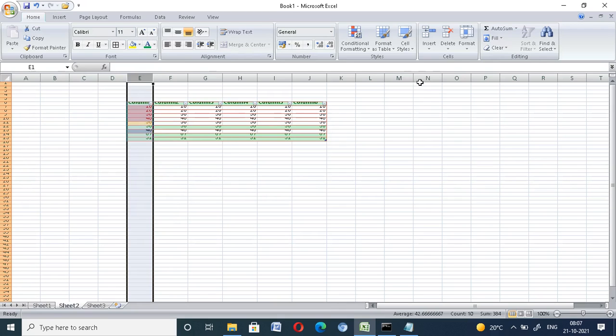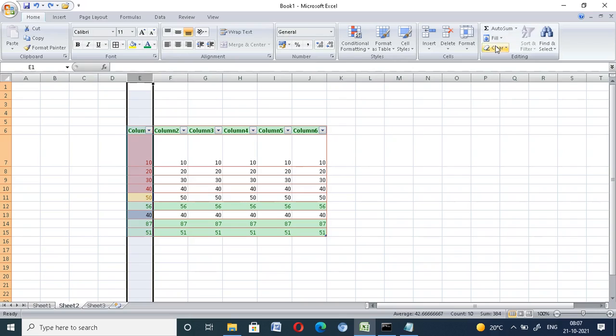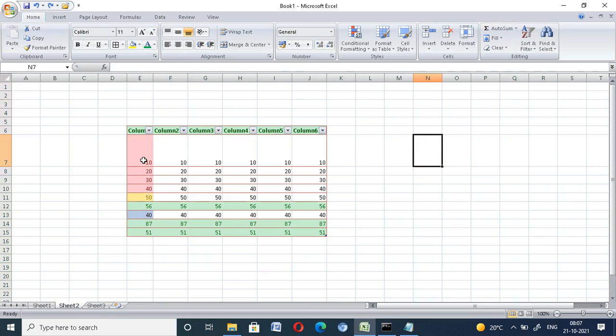Okay, in this way you can also do it. Now another part is auto sum. If you want to sum, use auto sum. What is this? This is the sum of these cells. All the numbers are summed up and the whole total is displayed.